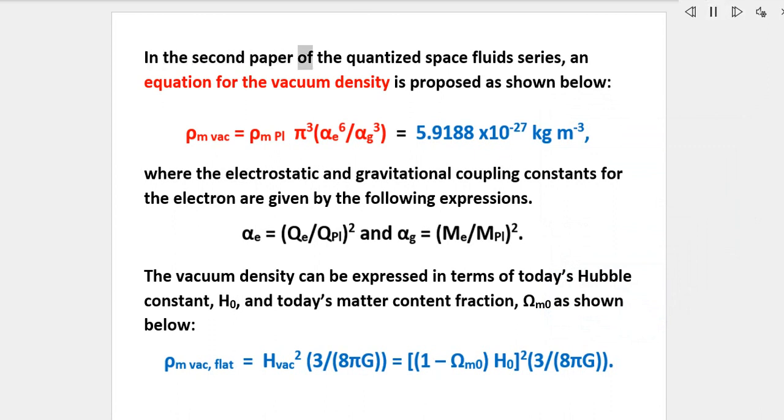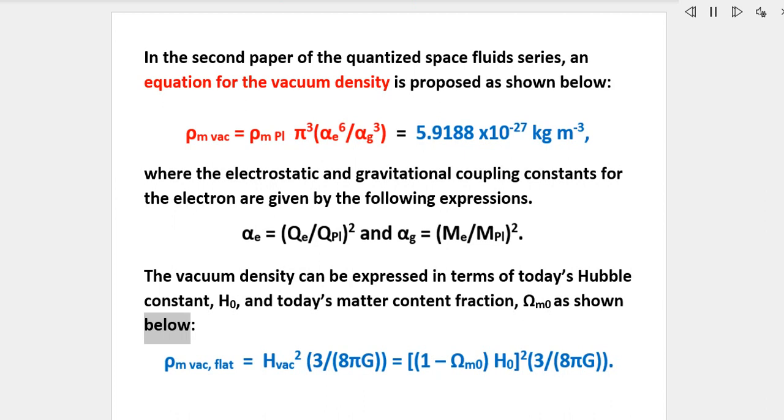In the second paper of the quantized space fluid series, an equation for the vacuum density is proposed as shown below, where the electrostatic and gravitational coupling constants for the electron are given by the following expressions. The vacuum density can be expressed in terms of today's Hubble constant, h0, and today's matter content fraction, omega m0,